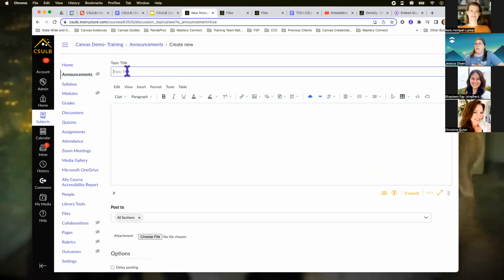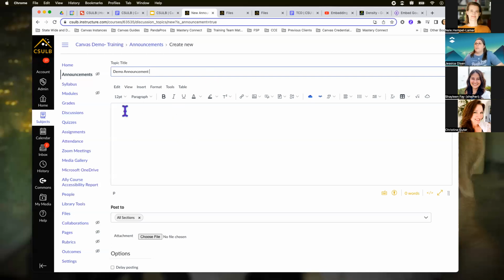Maybe it's going to be instructions about how to gain access to tickets at a discounted rate because they're students. It's really good for engaging students and, well, if you have them, you shouldn't have them, observers. And it's a great tool for communicating really important messages in a meaningful way. So here I'm just going to say the demo announcement